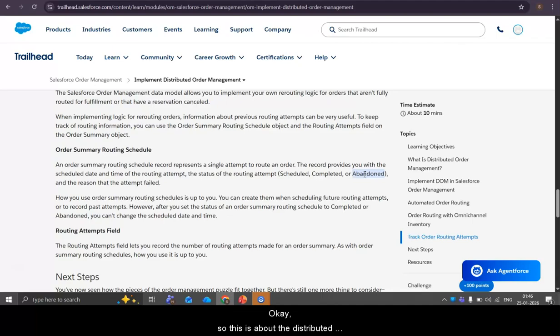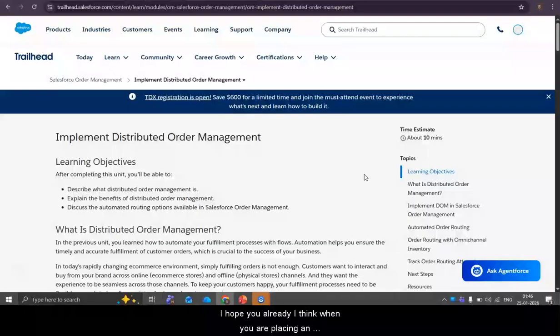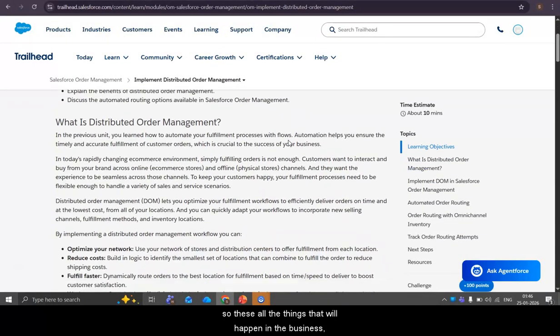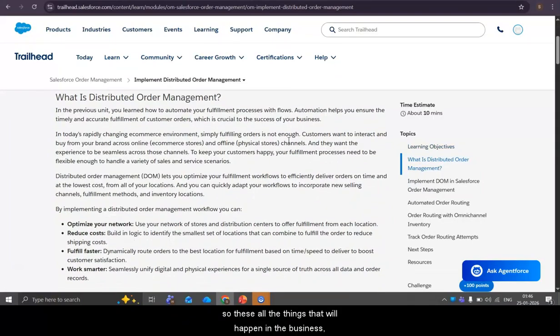Okay, so this is about the distributed order management. I hope you already understand, when you are placing an order, all of these things will happen in the business.